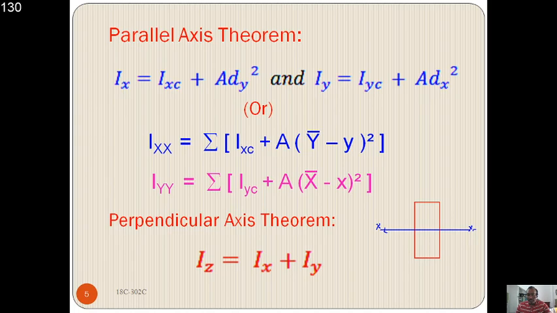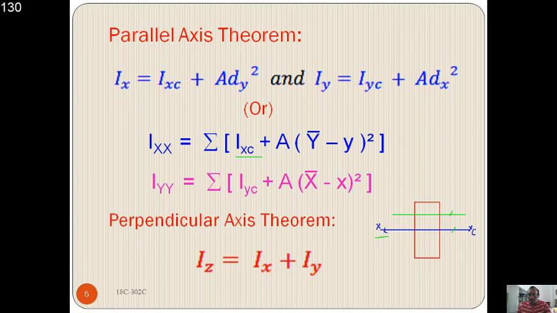And if I want to know the moment of inertia about another axis which is parallel to the centroidal axis, you need to take another axis. Let us say here it is another axis. So about the centroidal axis it is IXC, plus the